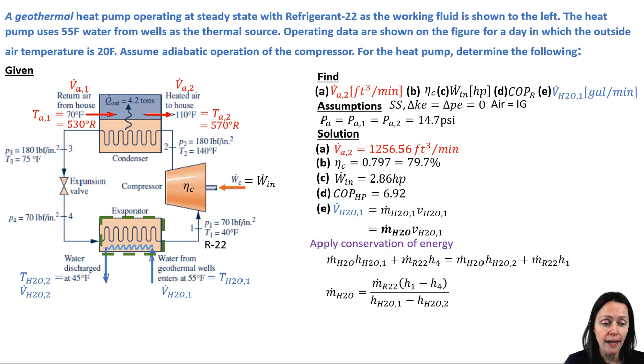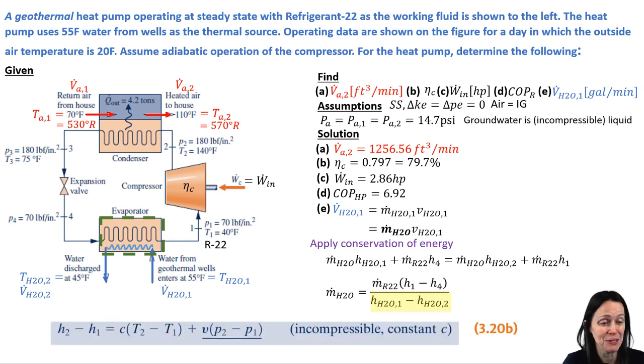Now remember, I already got the m dot R22, I've got h1. h4 is the same thing as h3 because it's a throttling process, so I don't have to look anything up for that. But what I might be a little bit concerned about is the enthalpy of the water at 1 and 2. Now, the state of the water coming out of those wells is obviously going to be compressed. So if it's compressed, then we're going to use what's called an incompressible